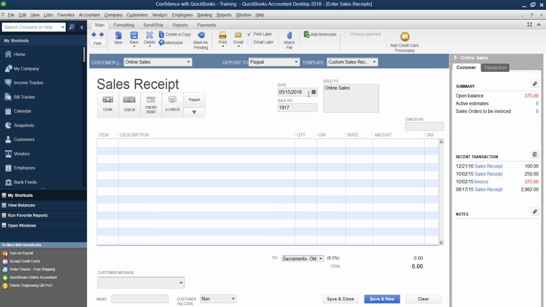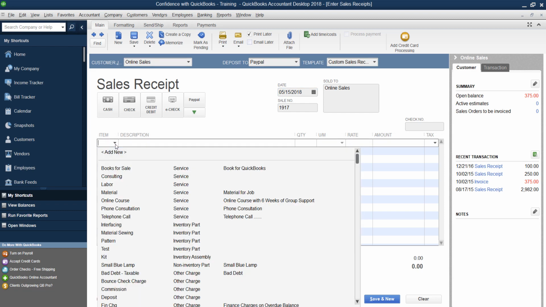Choose PayPal, pick the date that the sale happened, the day that it processed through PayPal. Then come down here and you're going to pick, just like on an invoice, your items. The benefit of doing this is that it allows you to pull a lot of extra reports to track what's actually happening with the products and services that you're selling.